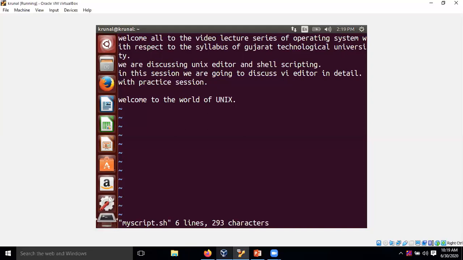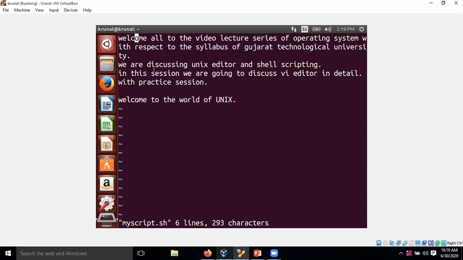H and L, these two shortcuts are also available. If you want to move to the right-hand side, you press L. If you want to move to the left-hand side, you press H. So these four keys are used to move the cursor left to right, right to left, top to bottom, and bottom to top. Clear?